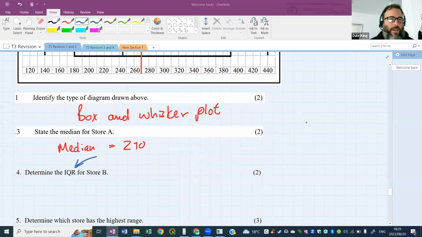Ben, what are they talking about? IQR. They're asking for the Q3 minus Q1. Good. That's right. That's how we do it. What does it stand for, IQR? Do you know? Interquartile range. Very good. This is the interquartile